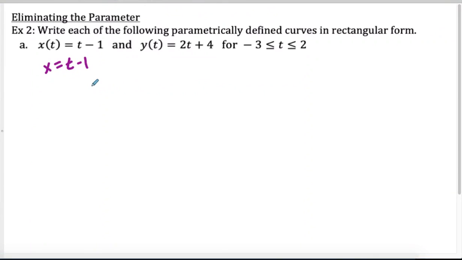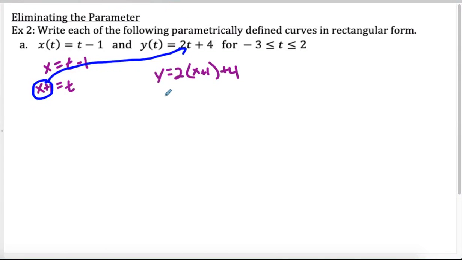If I want to write my final equation as y equals something, I'm going to take my x and solve it for t. So to solve this for t, I would just add 1 to the other side and get x plus 1 equals t. So then I'm going to take this and plug it in place of t in my other equation. So that would then become y equals 2 times x plus 1